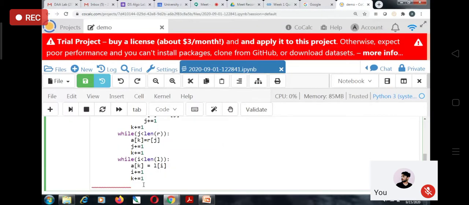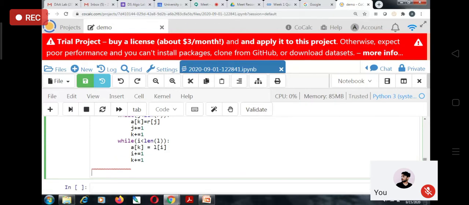Yes, so now as we have designed the entire merge sort algorithm using Python, we just need to call this function to sort any list. Let's have this list with the elements 4, 1, 10, 9, 10, 8, 7, 6, 3, and 9, whatever.